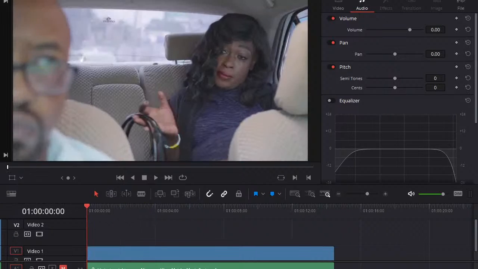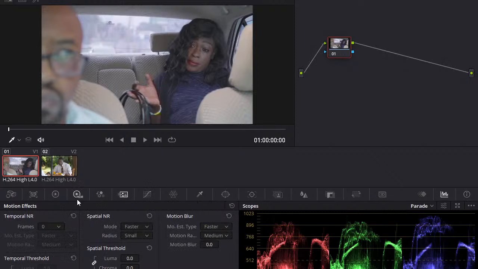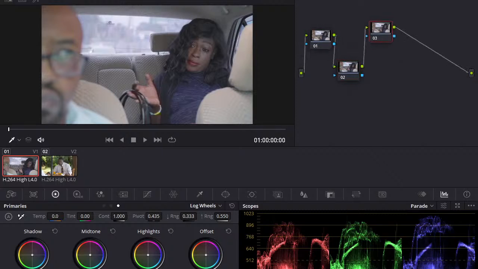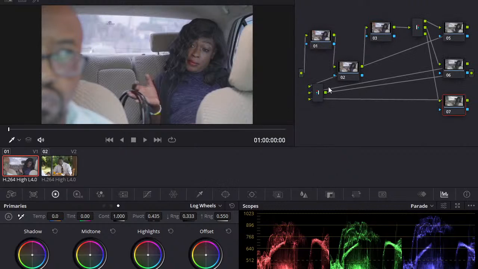Okay, so the very first thing that you need to do is, and I'm using DaVinci Resolve 17, but DaVinci is free. There are a few things that are not in the free version, one being denoising, so don't expect to see denoising, but this footage is already good, so I don't need denoising. Normally you will start with the denoising node. The first one would be for contrast, the second one for exposure, the third one for color balance. But for this one, I will say add a splitter combiner.